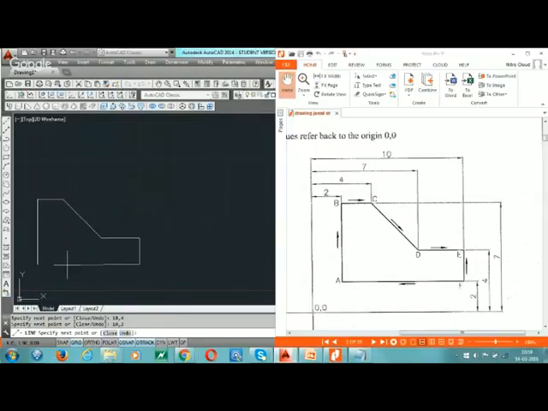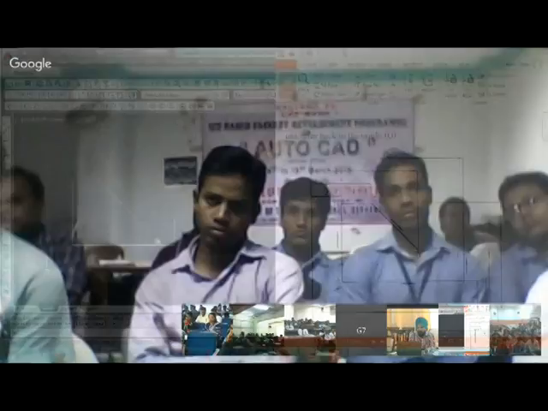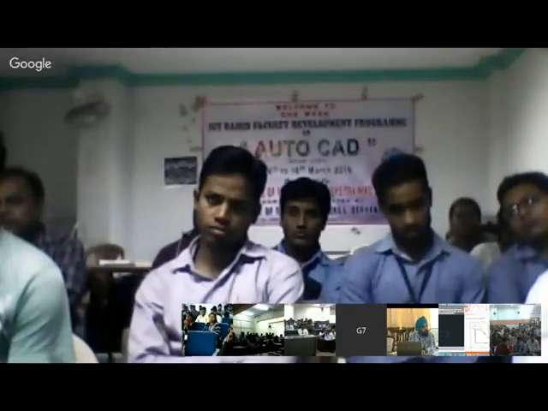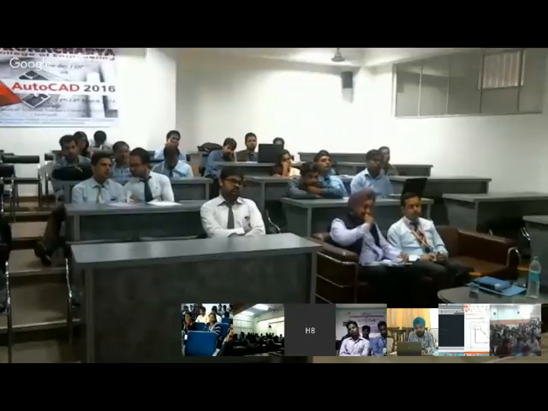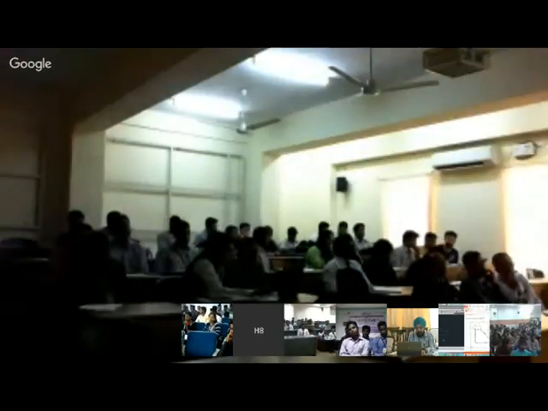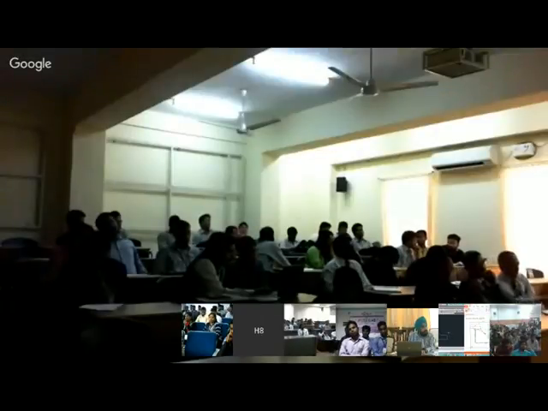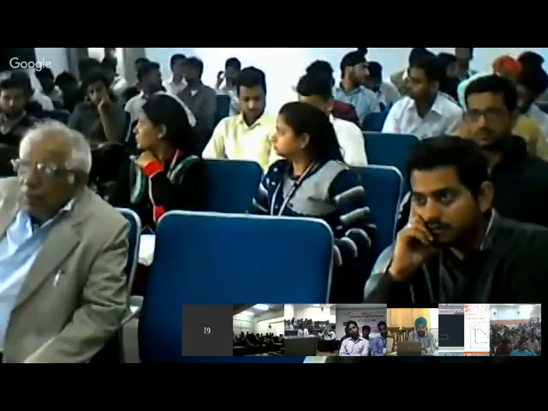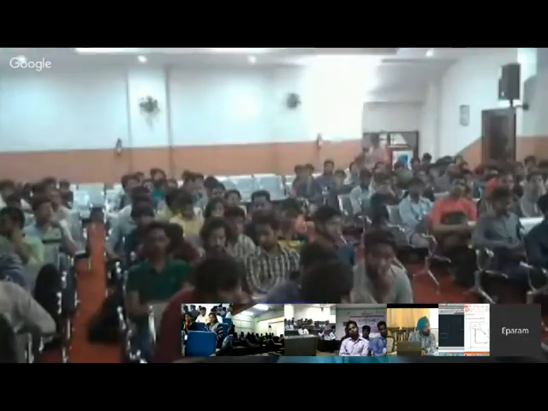C enter and enter. Now our first exercise with the help of absolute coordinate system. In absolute coordinate system our origin is fixed. Next we use this exercise with the help of relative Cartesian coordinate system.